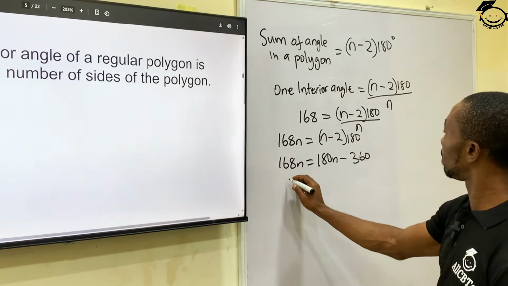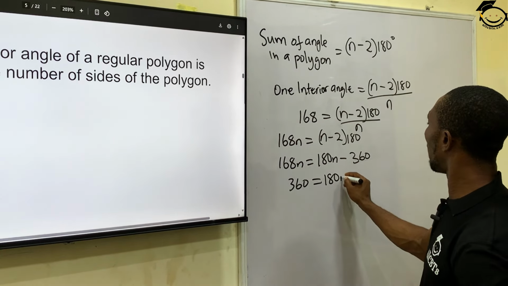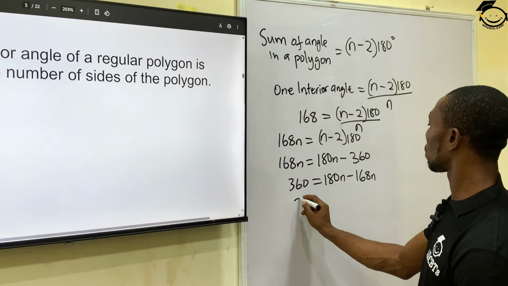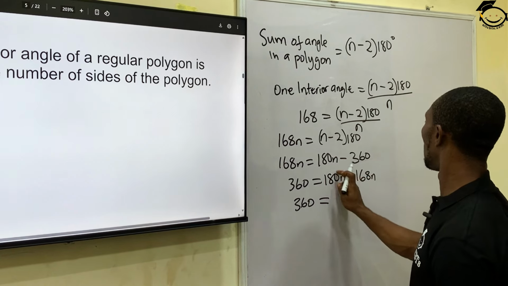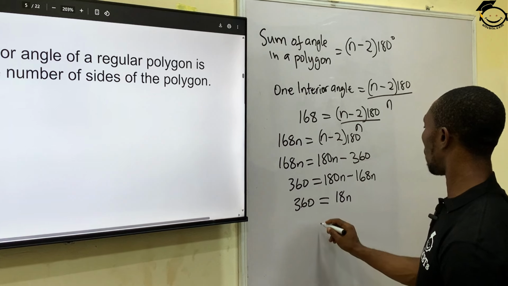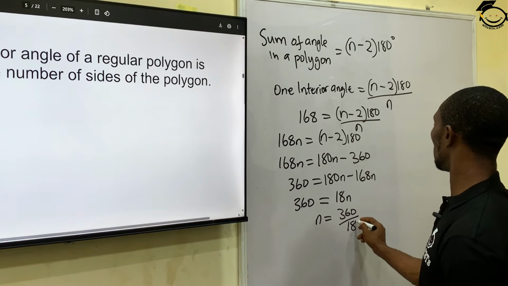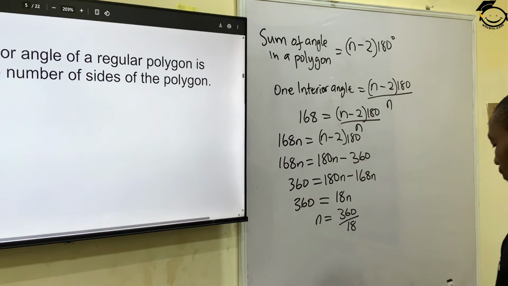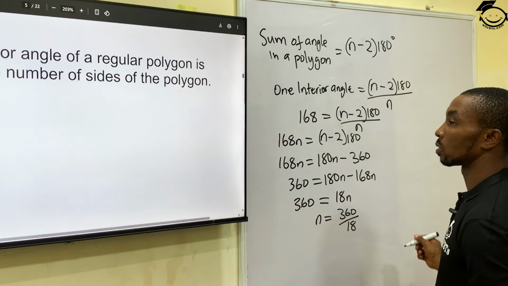So this will become 360 equals 180n minus 168n. Okay, 360 equals